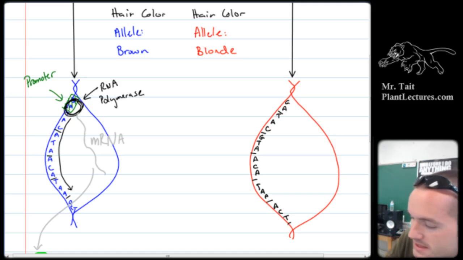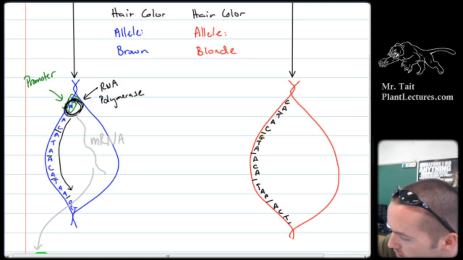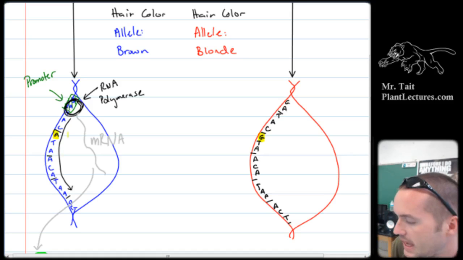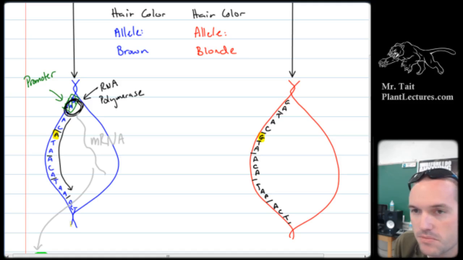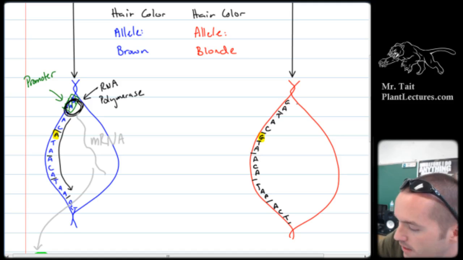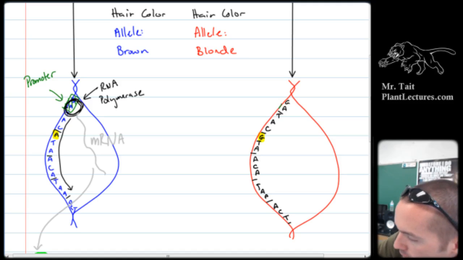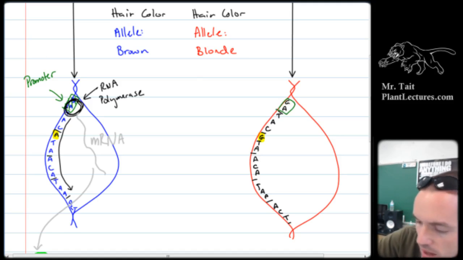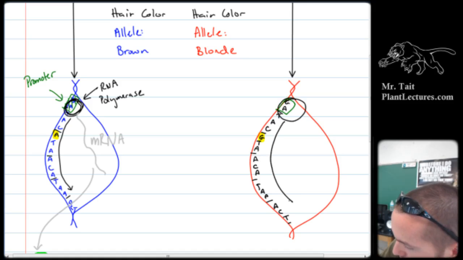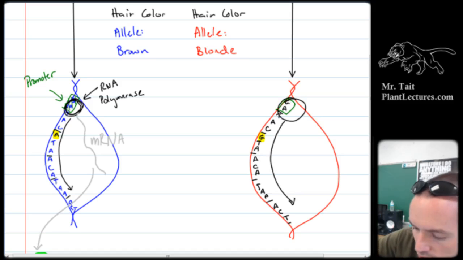So everything is the same except for this nucleotide. It was ATA on the blue chromosome, and it's GTA on the red chromosome. Okay? So we've got the promoter here. We've got the RNA polymerase that's going to attach to the promoter. The RNA polymerase is going to go down here like this, move downwards. It's going to create